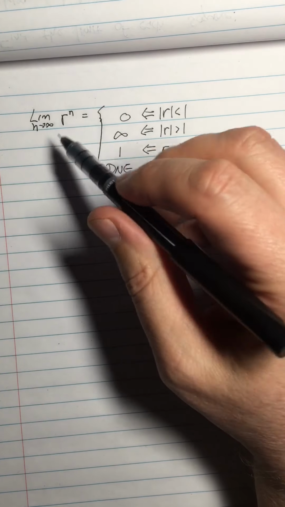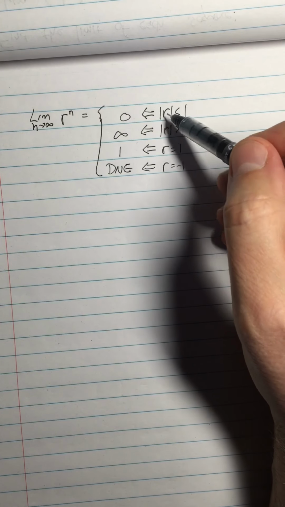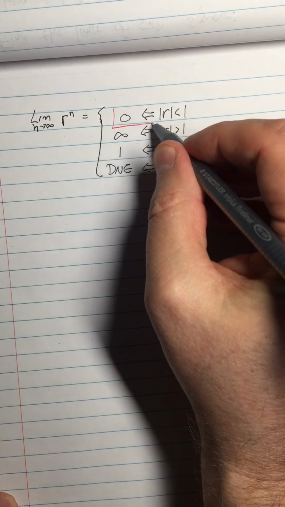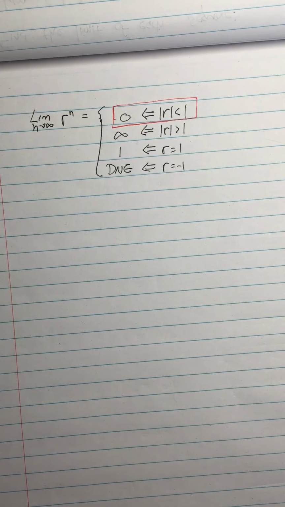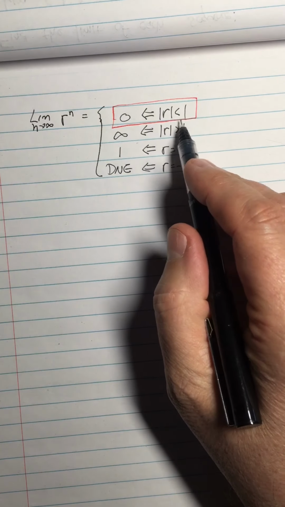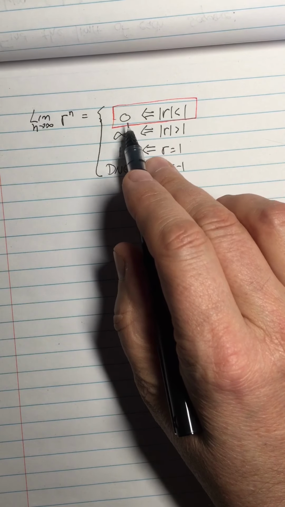All right? So what happens to r to the n depends on the value of r. And it's small values of r, when the absolute value of r is less than 1, that we're really interested in. So r could be -0.9, and r could be -0.999. As long as the absolute value of r is less than 1, that sequence is going to converge to 0. And that's going to be important to us. Okay. Next let's just look at a couple problems from the book, and then we'll be done with this intro.